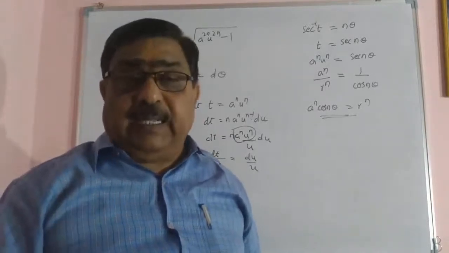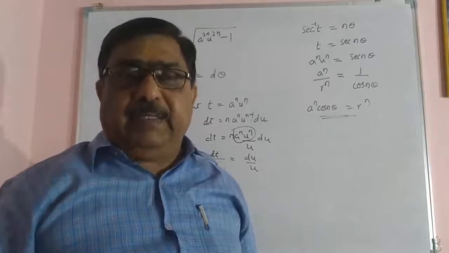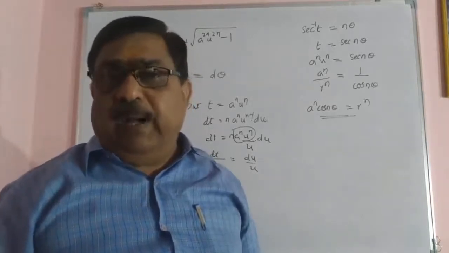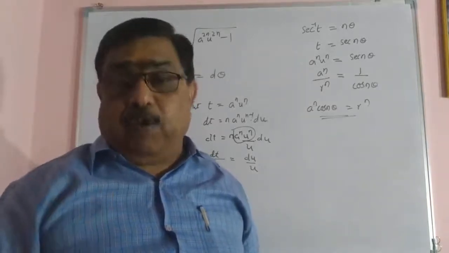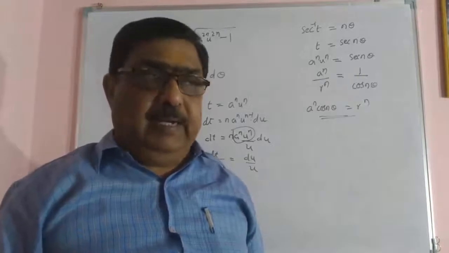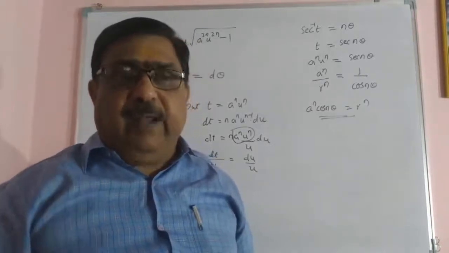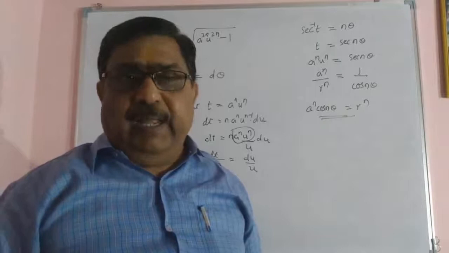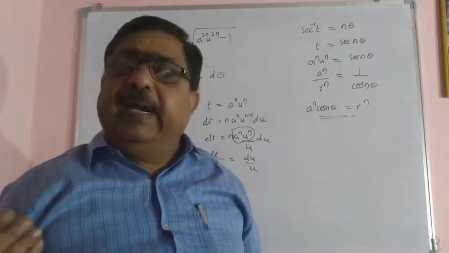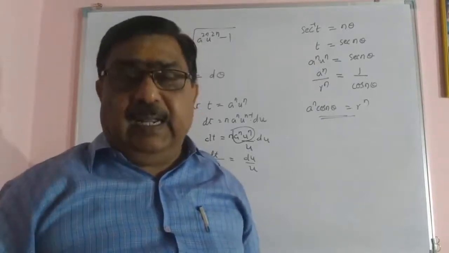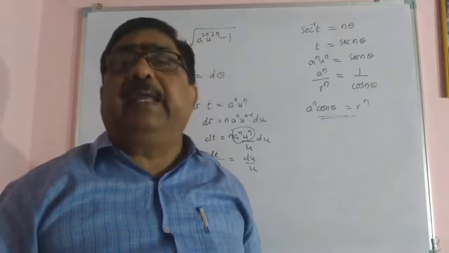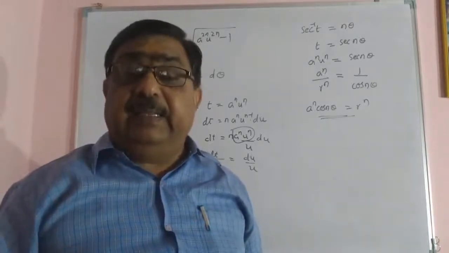So, of course, in the second paper, dynamics and mathematical modeling, I have completed 4 topics. Only one topic that I have left, that is mathematical modeling. Let me take it in the next class. Before that, I have not started paper 3. Let me start paper 3 in the next class.